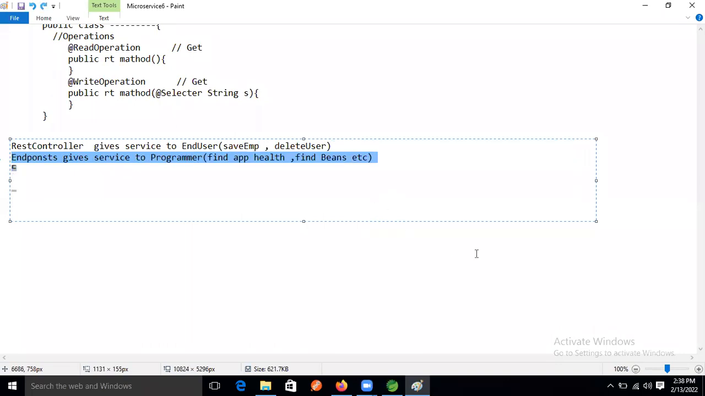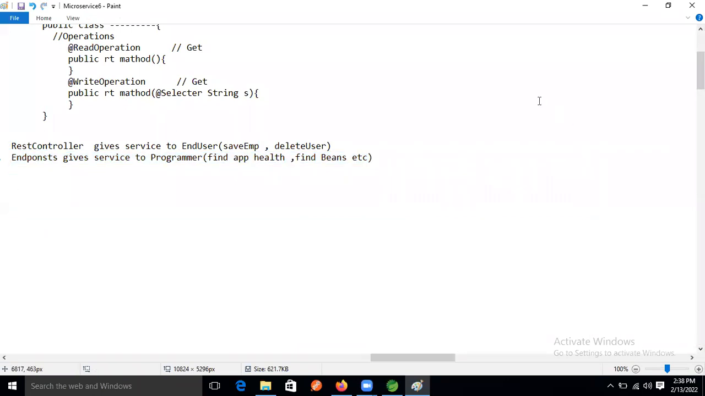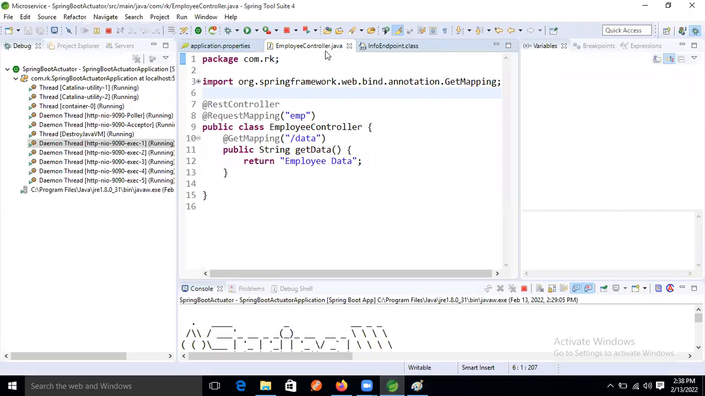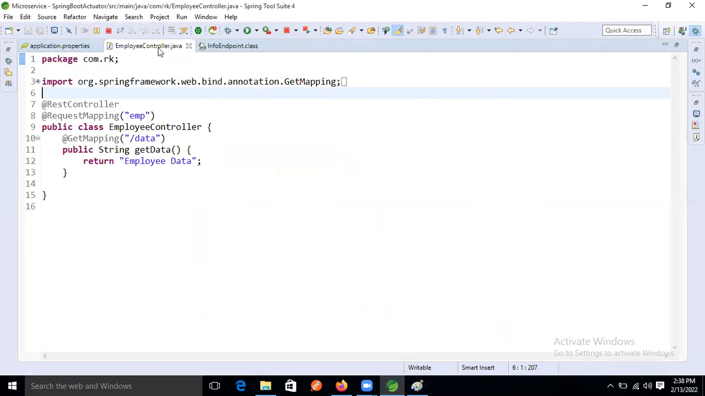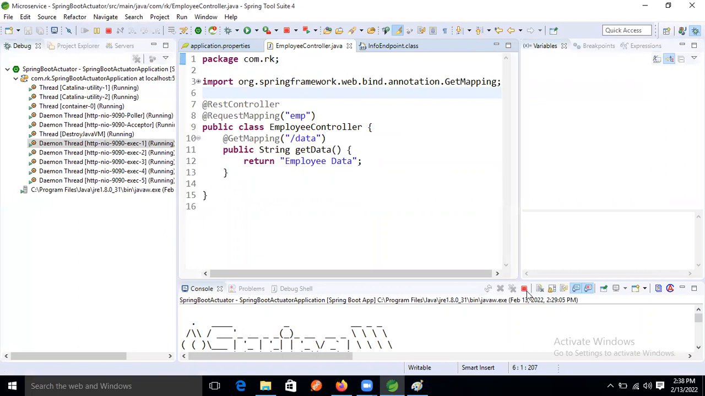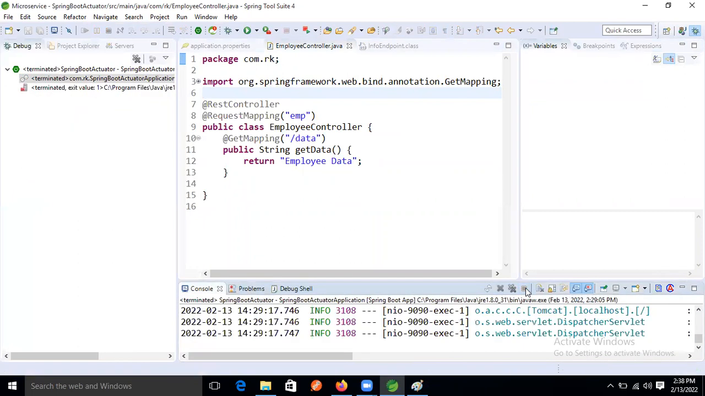Yes, Ravi. Okay, good. So now let's write one custom endpoint, and we will see how it works. Just here I'm stopping this one now. I'm writing one custom